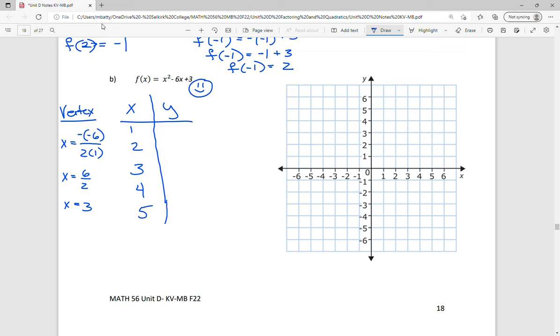Remembering that you get to choose the values of x, and now we get to solve for the values of y. Doesn't matter what order you do these in. You can start with the vertex, if you will. So I'm going to figure out the value of the function at 3. So I'd have 3 squared minus 6 times 3 plus 3. Oh my goodness, that's a lot of work. F at 3 would equal 9 minus 18 plus 3, which is,